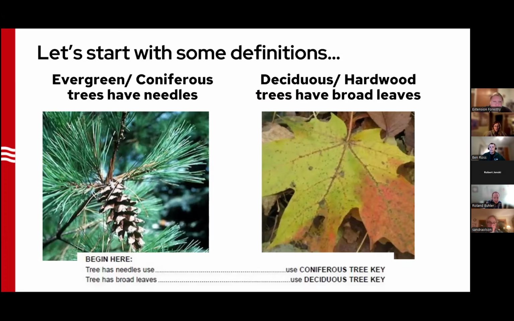So there's two types of trees that we're going to be working with, either your coniferous or your deciduous. Your coniferous, otherwise known as evergreens, are your trees with needles and cones, like your